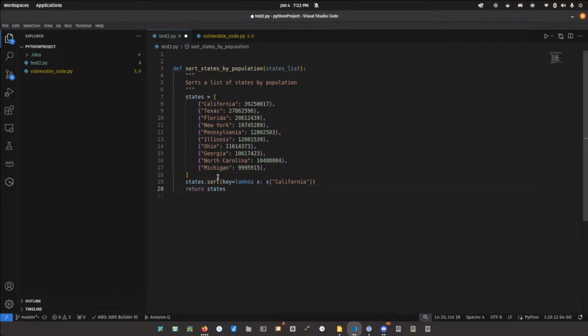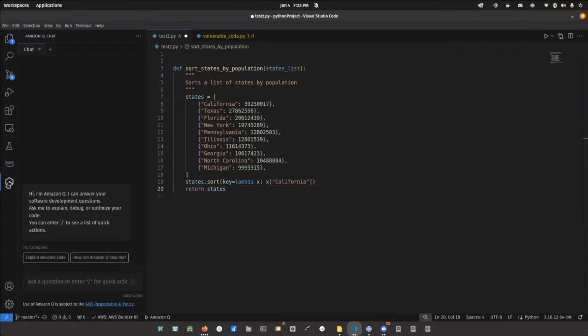But it's more than just that. I think from last time I used GitHub Copilot, this is mostly what it did. So I don't know if they have this additional functionality I'm going to show, which is Amazon Q. This is like a little ChatGPT-like interface that's part of the extension, and it's built into VS Code when you install it. You can ask it questions about coding, questions about AWS, and probably lots of other things.